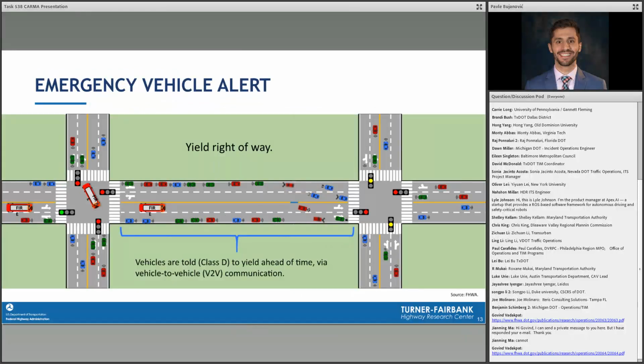And then another use case that we're currently looking into, and we hope to be able to deliver with a future project, is something like this, as you see here, where we actually have traffic signal preemption across multiple vehicles across multiple intersections, and then at the same time we're communicating. We're using Class D communication, as you see here, with other vehicles, and these vehicles are now starting to pull over along the side of the road to make way for these fire trucks